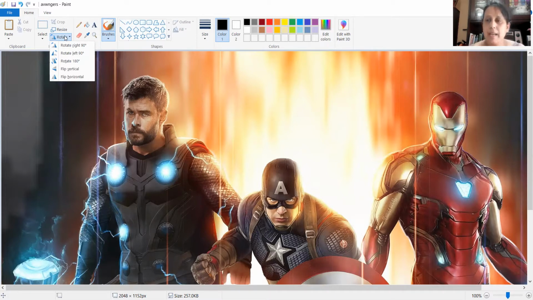Now when you rotate an image, it is rotated at an angle. Now what is an angle? An angle is something like this. When two lines meet at one point, it's called an angle. So this is a right angle. Okay, that is 90 degrees, right? So here, and we have a straight angle that is 180 degrees. Okay, this is straight, this is a right angle, and this is 180 degrees. Sorry, here you rotate it because it's an angle.